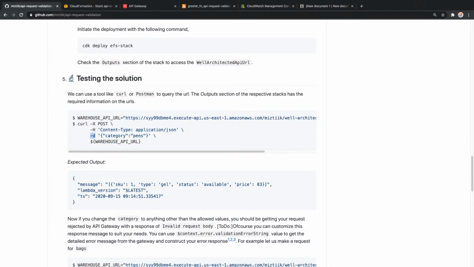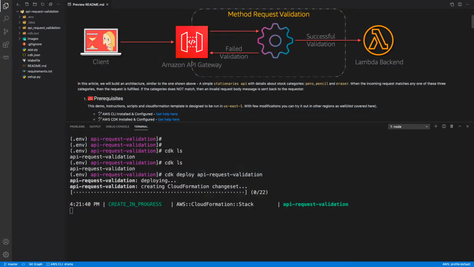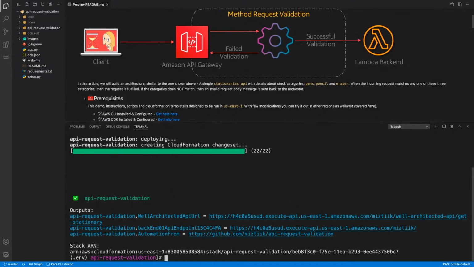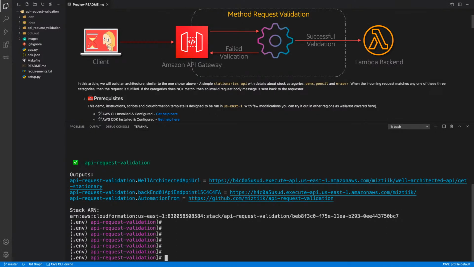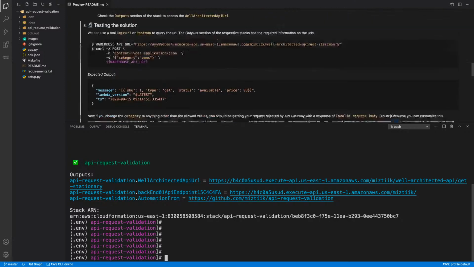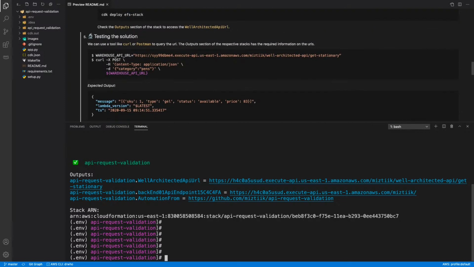So I'm going to take you to my Visual Studio Code now, and this is deployed. I'm just going to copy this code from here. So I can say, for example, warehouse URL equal to, this is the URL of my stationery.